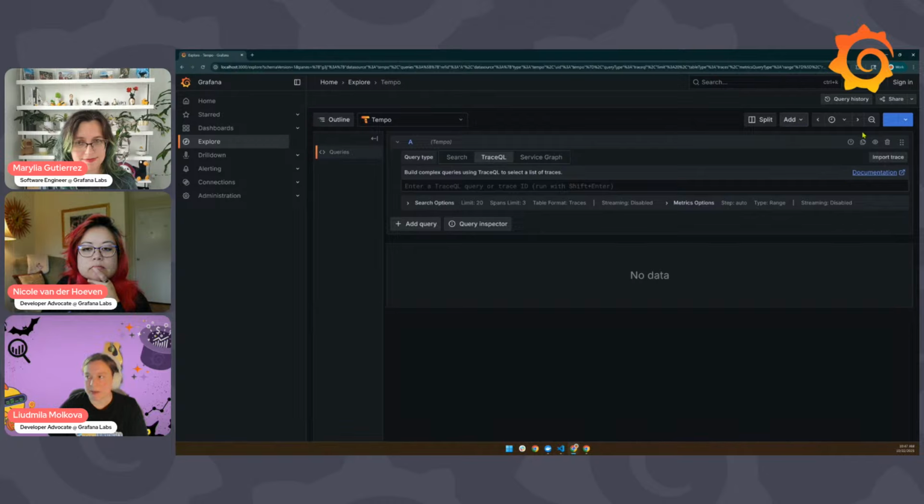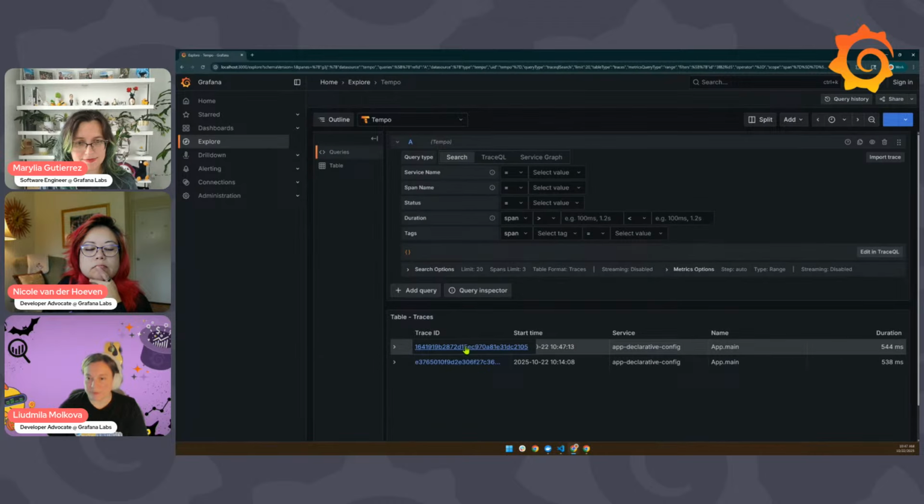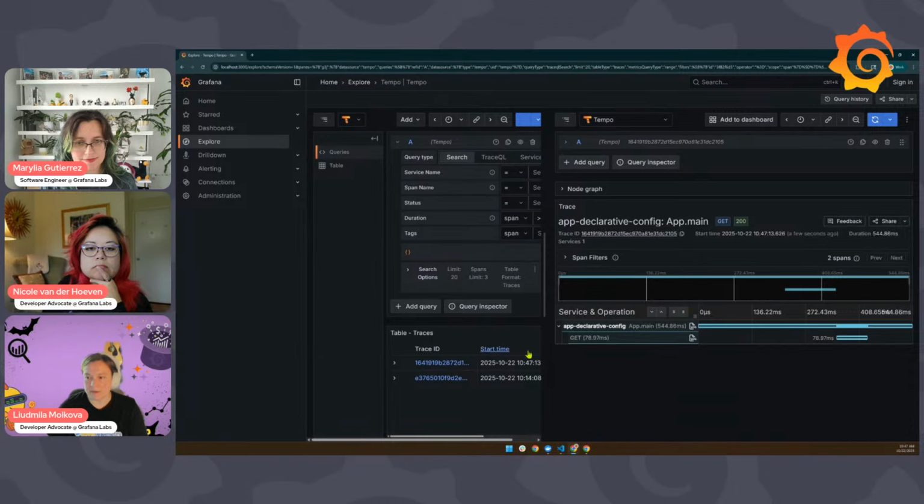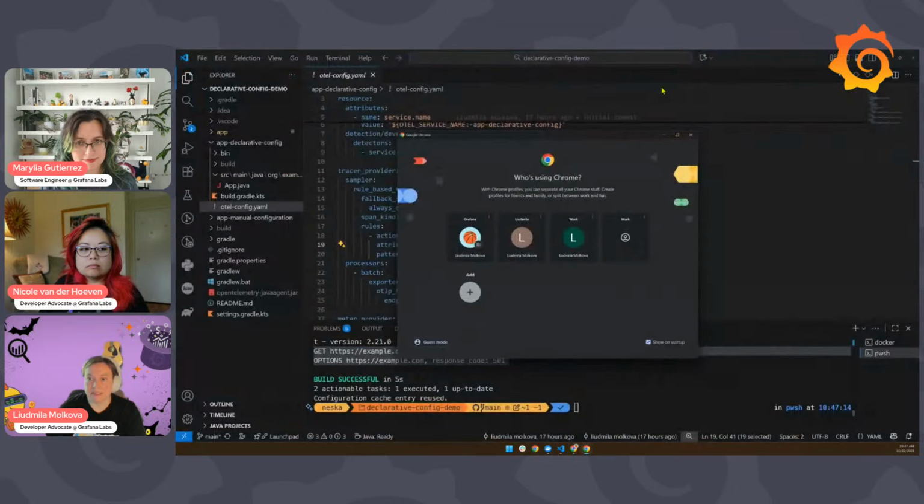We'll just check spans for brevity. Okay, what do we have here? We have a span from app declarative config. This is the main span. And we see get request. We don't see options, right? So what happened was declarative config.